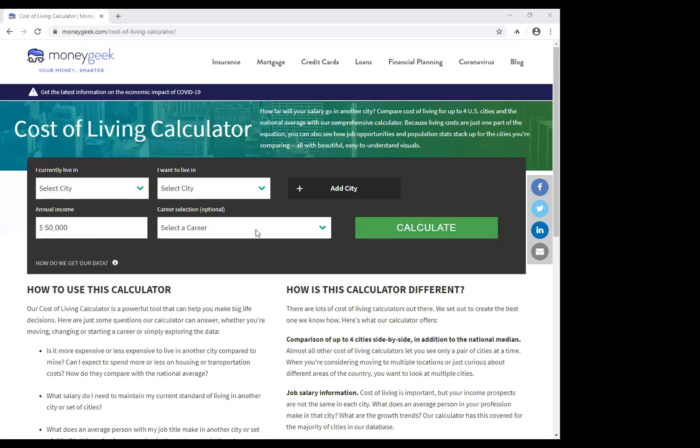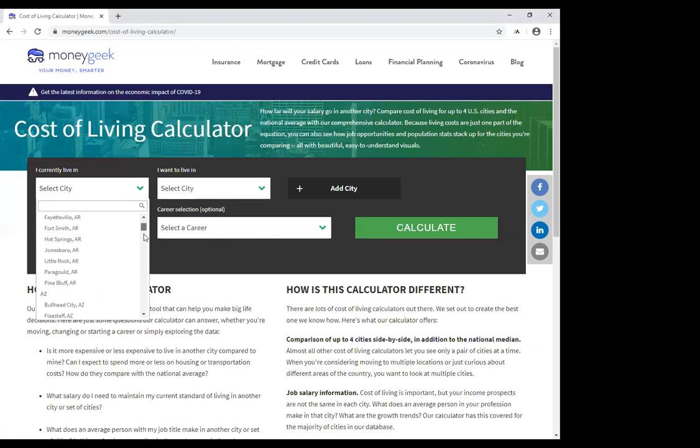All right, so here is this website. And this is moneygeek.com. This is one of the websites where you can go in and plug in information. So let's play with that so you can see how it works. So I currently live in, so let's pick,